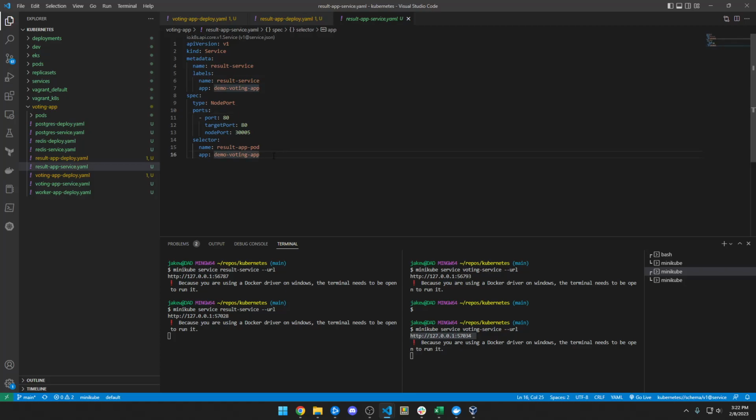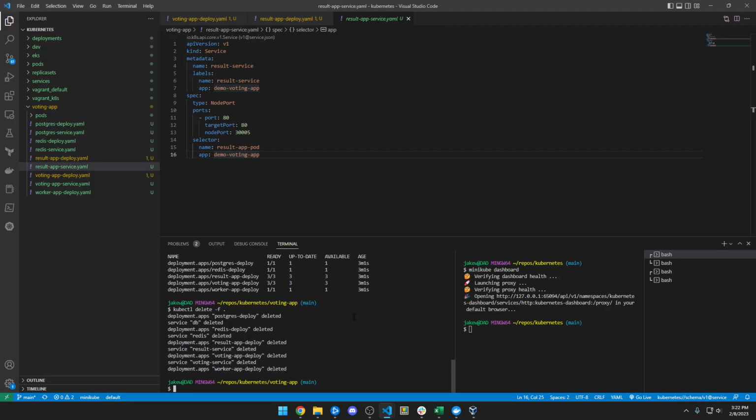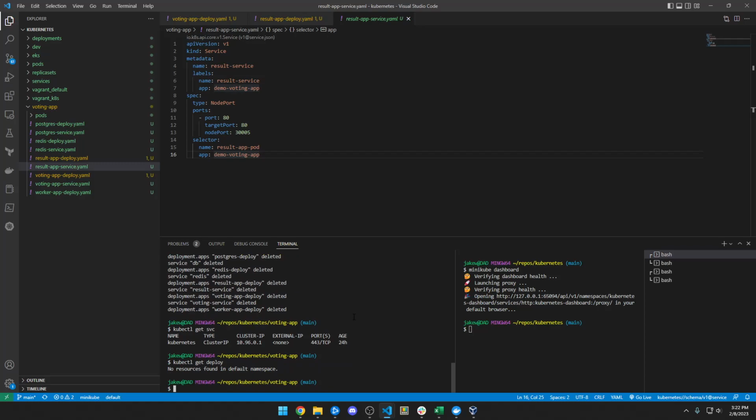From this point, I'm going to go ahead and tear all this down. So you can do that with me if you're following along. Just stop your, if you're on Windows using a Docker driver, go ahead and stop the service URL generation. I'm going to turn my Kubernetes dashboard off. And then, real easy, I'm just going to say kubectl delete -f dot, and it's going to delete my services and delete my deployments. And I can do a kubectl get svc for service and see all the services are gone, and do the same thing for my deployments